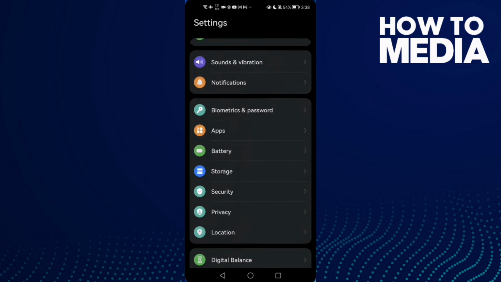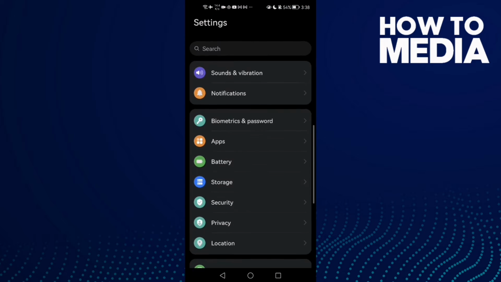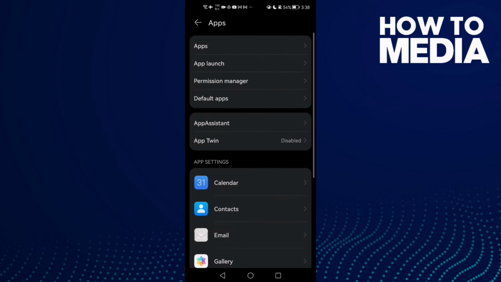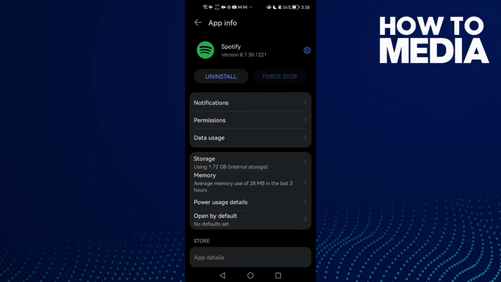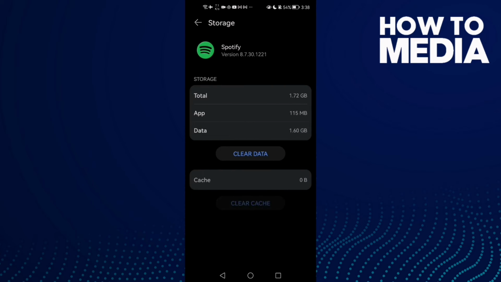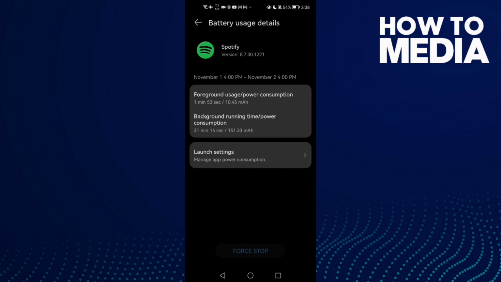First, open settings and then scroll down until you find apps, and now click apps again, and here we'll find Spotify. Click on it, and first just clear cache, and then go to this one, power usage details, and now click